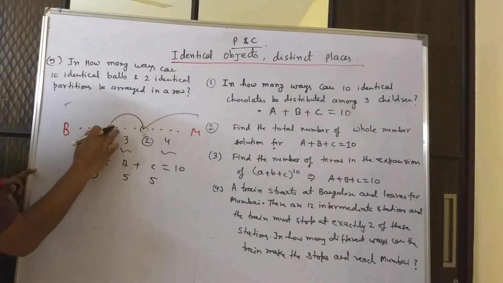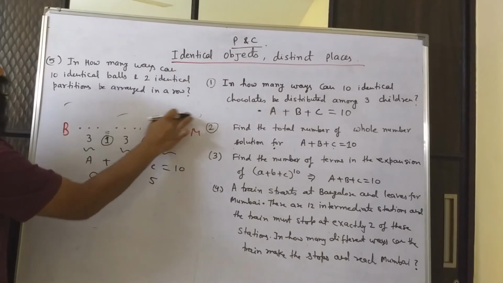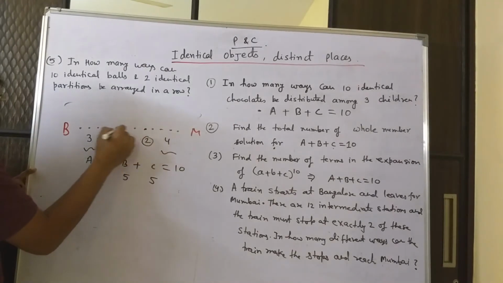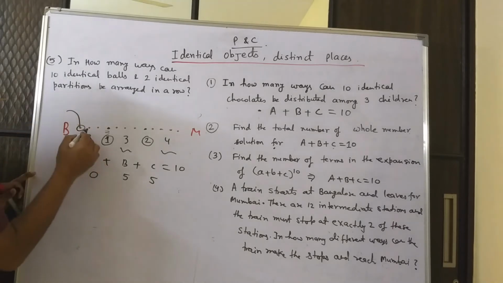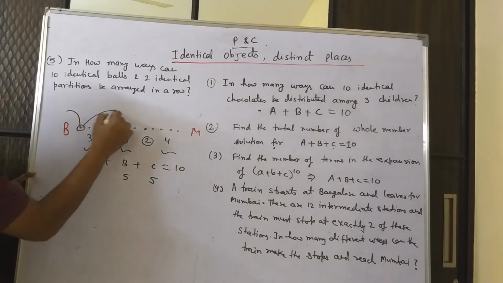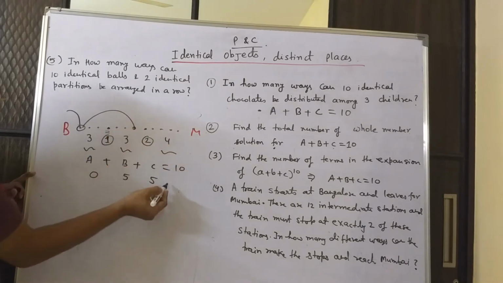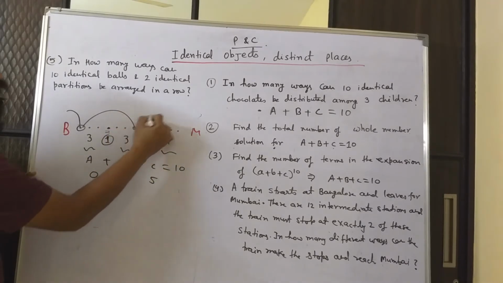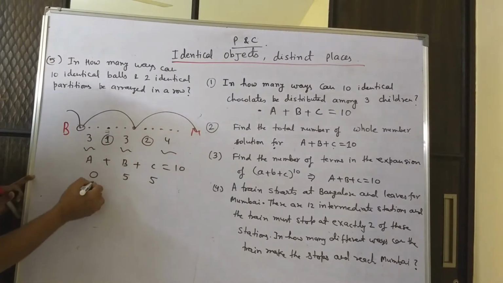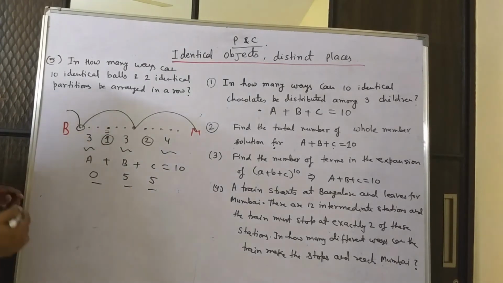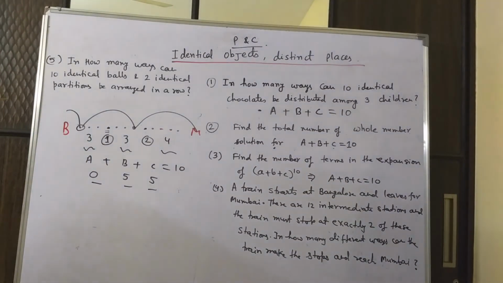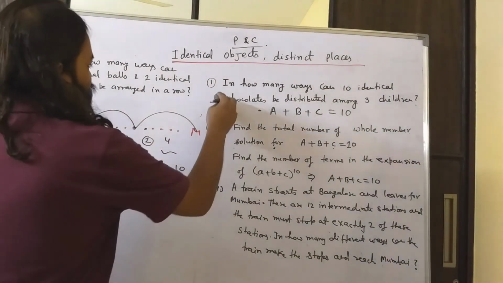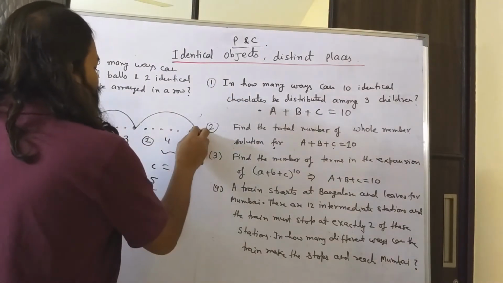Like you can have a situation where the train, these are the 12 stations. So suppose the train immediately starts from Bangalore and stops at this place. And then 5. So 1, 2, 3, 4, 5 gap, and it stops here. And then again 5. So 1, 2, 3, 4, 5, and it goes to Mumbai. So this is the situation when we have 0, 5, 5. So again you saw whole number solution. This is also the same question. And so what I am explaining is how all these 4 questions will have the same answer.